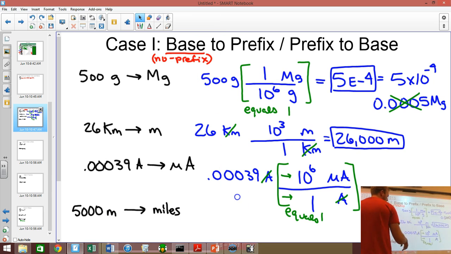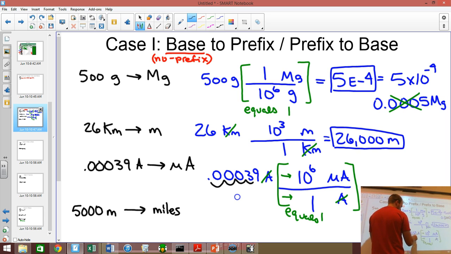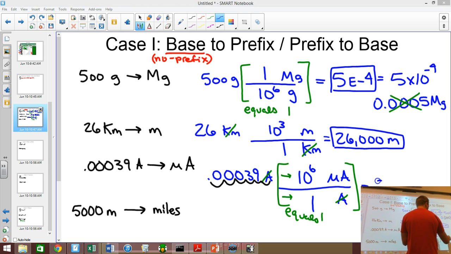0.00039, or I'm just going to move the decimal point 6. If you're not comfortable doing this in your head, I can do this in my head. I'm going to move this 6 decimal places: 1, 2, 3, 4, 5, 6. So this is going to equal 390